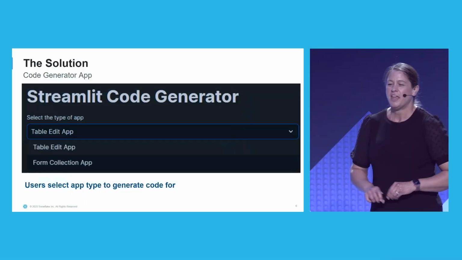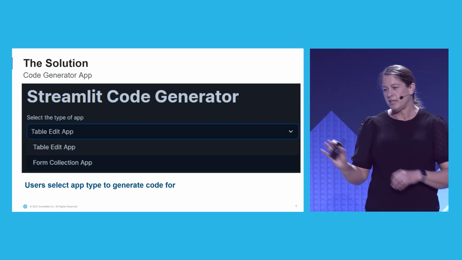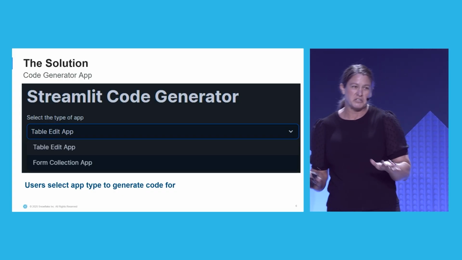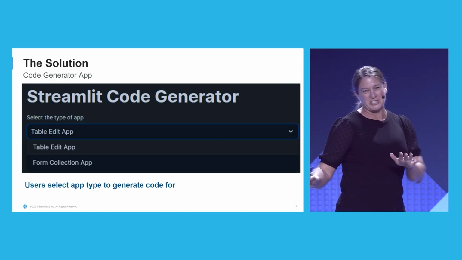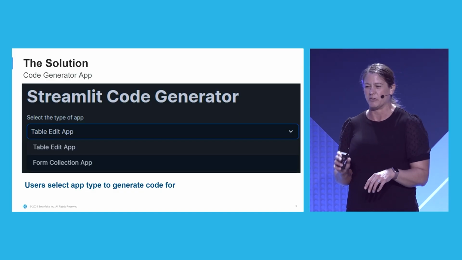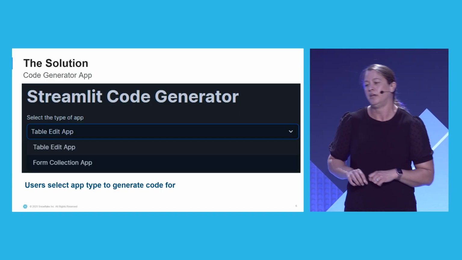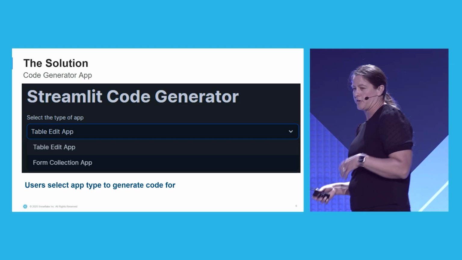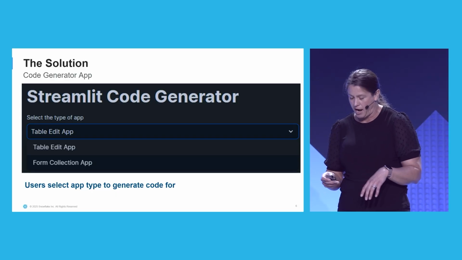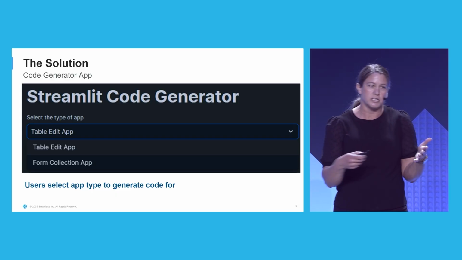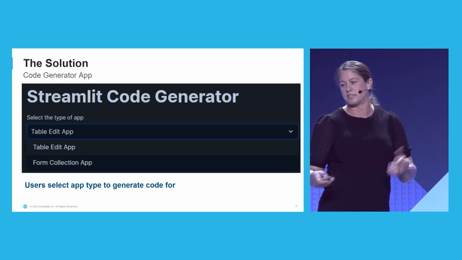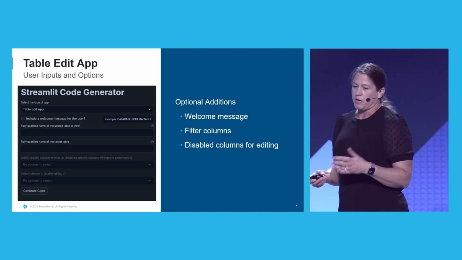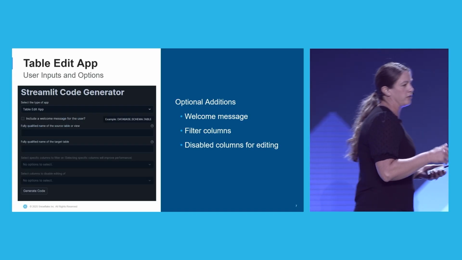So my solution is a Streamlit and Snowflake code generator app. And I'm sorry, I'm not brave enough to do a live demo, so we're just gonna live with screenshots of the app here, and I'm gonna show you how it works to use this code generator app. The first thing we need to do is choose which type of app we want to create. So we'll start out with the table edit app and see what options and customization inputs we have for creating this type of app. The first option that we have is whether or not we'd like to include a welcome